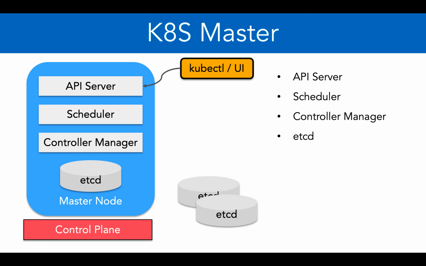So as you can see, there are four discrete components of the Kubernetes master node or the Kubernetes control plane. Let's do a recap. The first thing is the API server. API server is the only one which is exposed to the outside world. And whenever we write any Kubernetes command using kubectl, or we use the Kubernetes user interface or web user interface, those connect to the API server only.